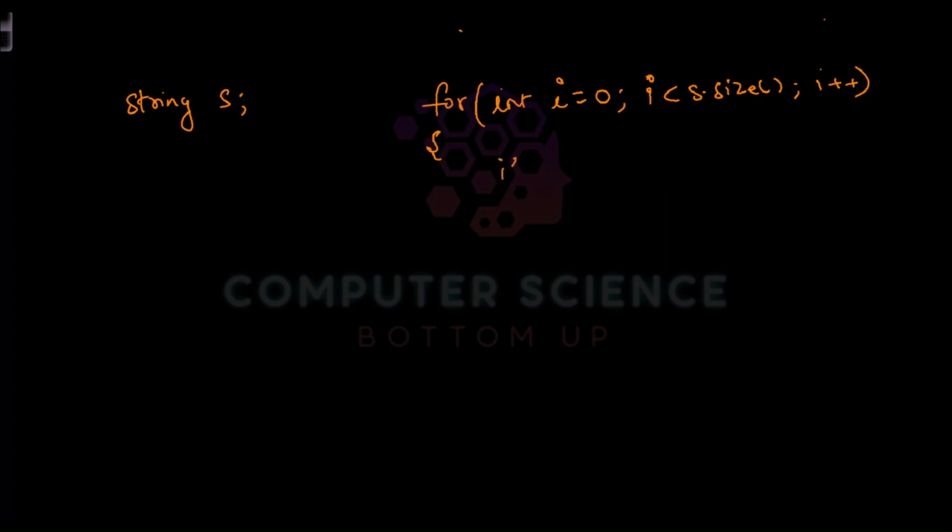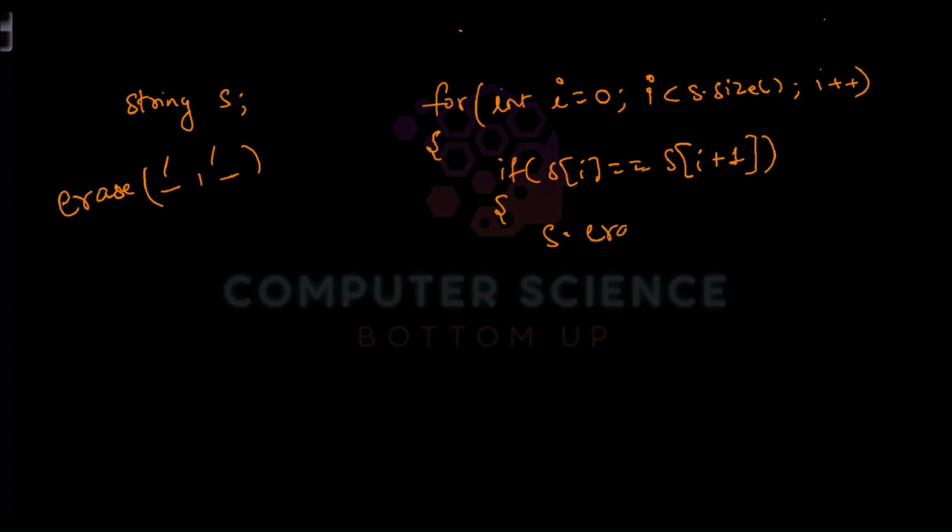What I am going to check is if s[i] is equal to s[i+1]. If s[i] is equal to s[i+1], in that case I have to delete these two characters. There is a method in C++ for a string, the erase method, with two parameters. So s.erase